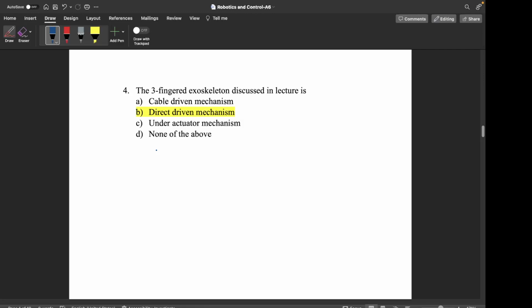So a three-fingered exoskeleton has been discussed, and again, it's a direct information-based question: what kind of actuation is this? So basically, first we have to understand what these three are referring to, right? So these are what we call actuation and transmission,